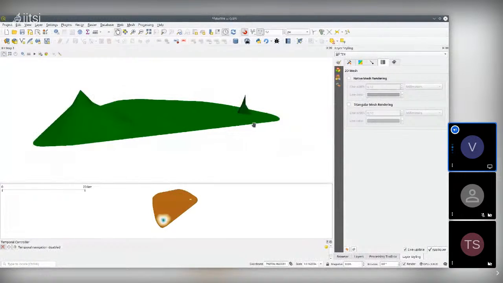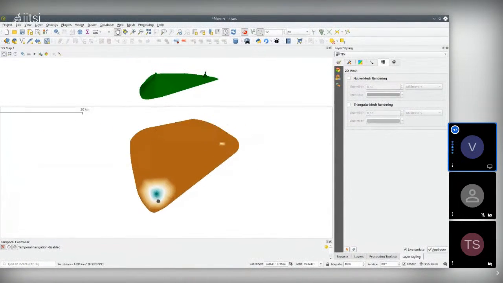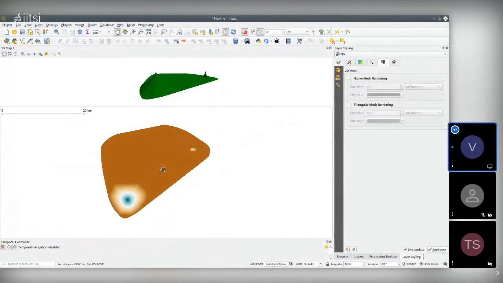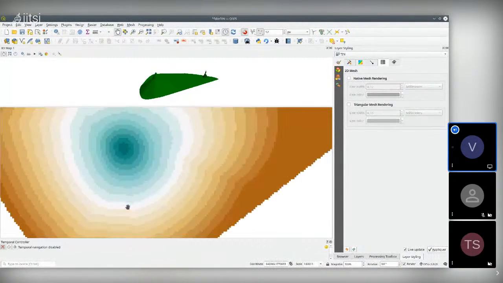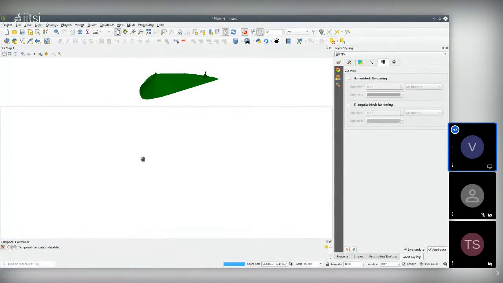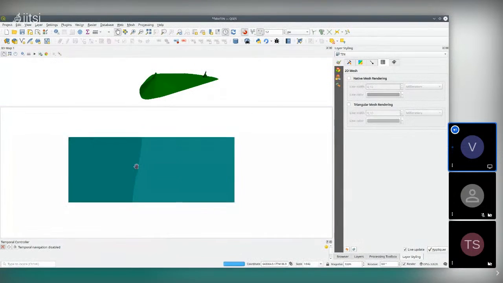Yeah, very simple mesh layer. Okay. So this mesh, you can see the scale bar. This mesh size is 20 kilometers. But if you zoom, the resolution will be always quite